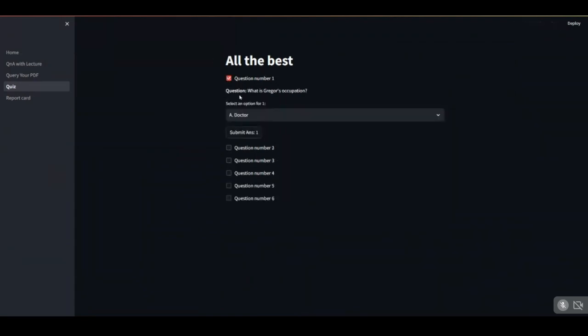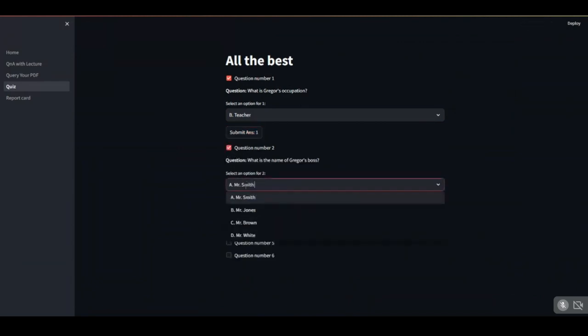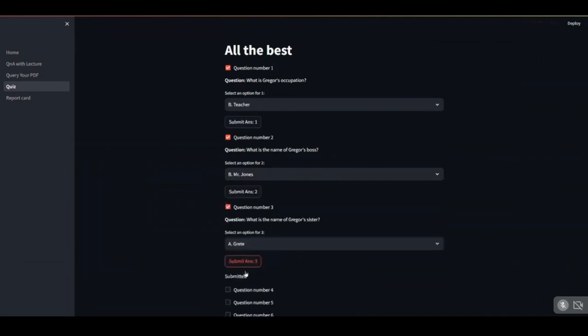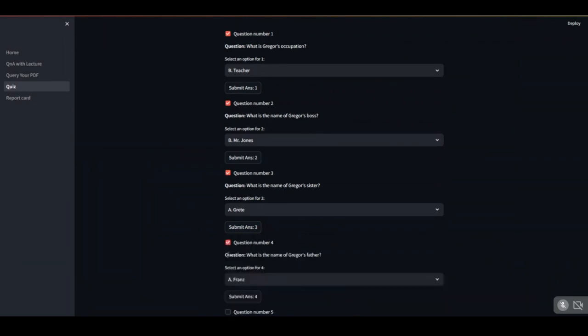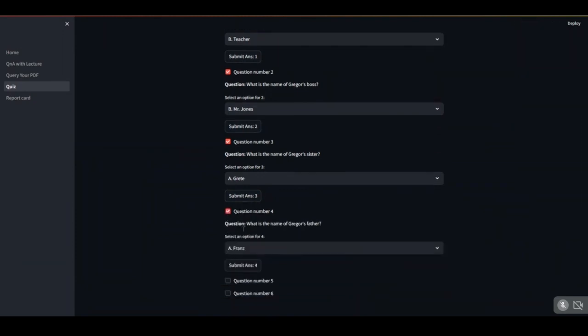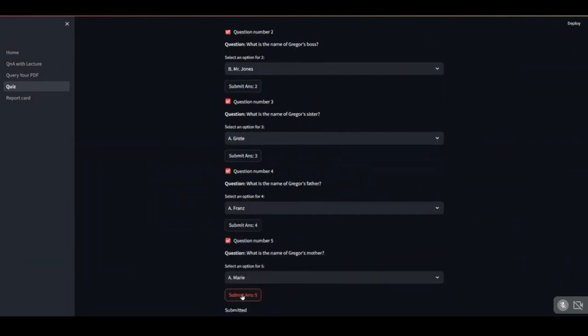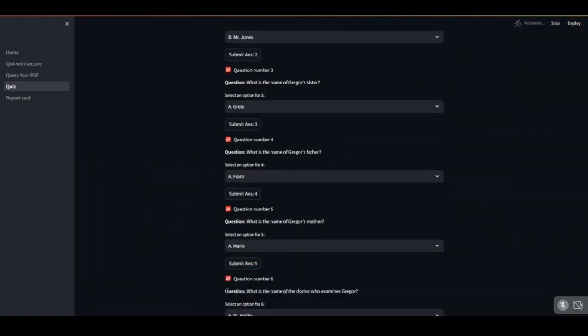So like this is question number one, and it has four options. So like this, I can choose the answer and click on the submit button. So my answer is submitted. Similarly, I can do it for all other questions. Also, one thing to mention, as we are clicking on this checkbox, our timer gets started, and as I click on the submit button, it stops. So we are tracking the time taken by the student to answer the question, and it is being